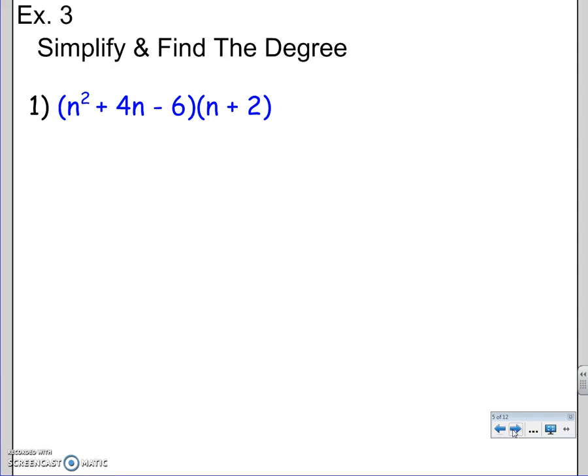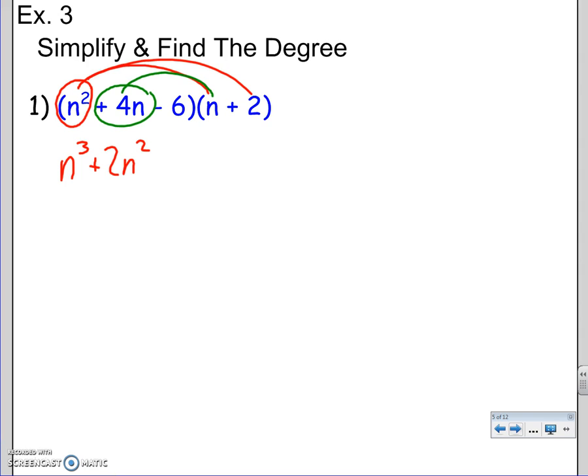All right, same thing here. This is a multiplication problem. We're going to distribute everything. It's kind of like FOIL, but it's really 3 things. So I'm going to distribute this to both of these. So n squared times n is n cubed. N squared times 2 is positive 2n squared. As next term,